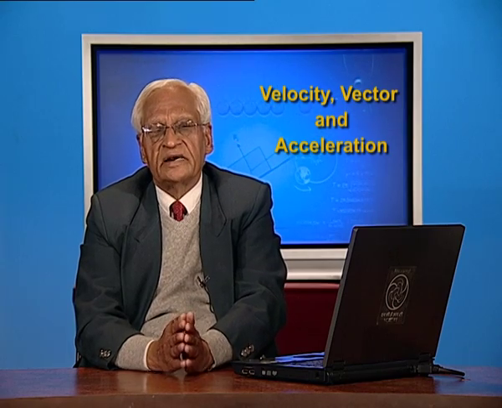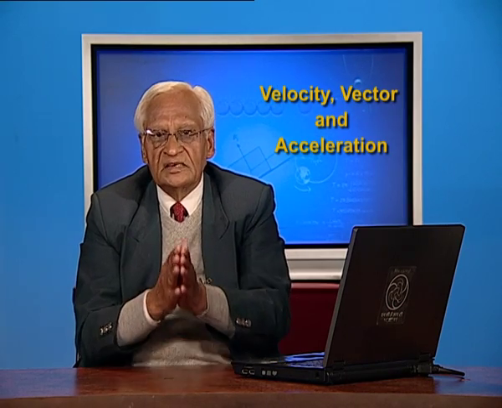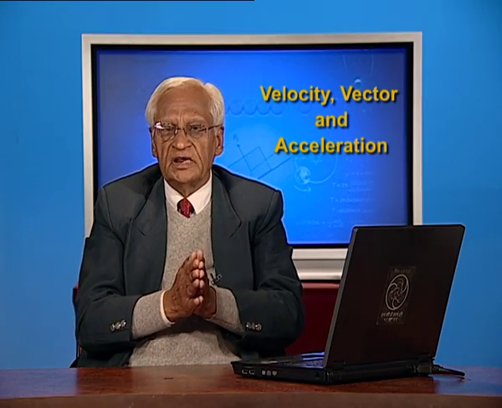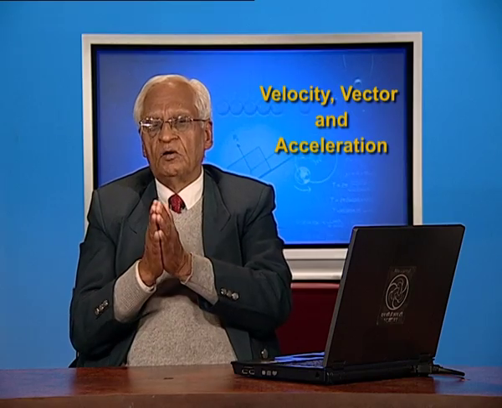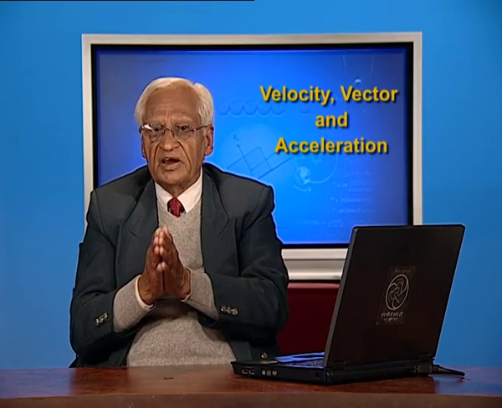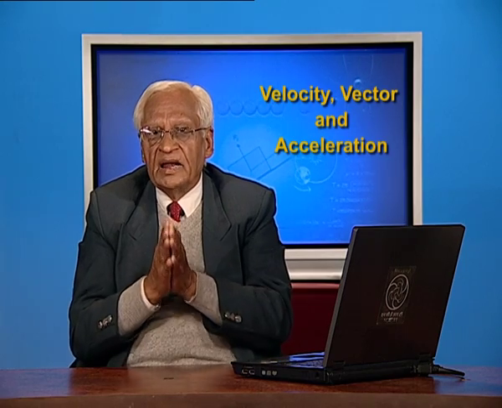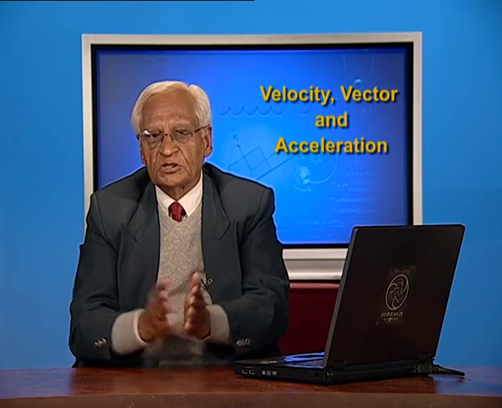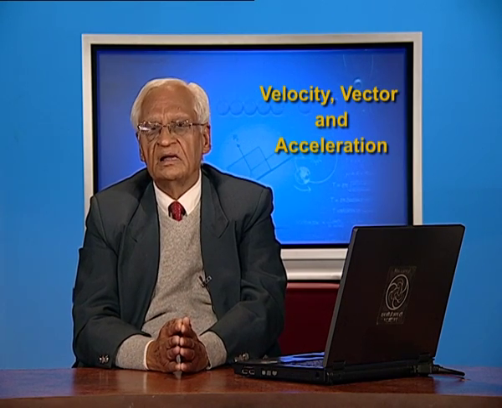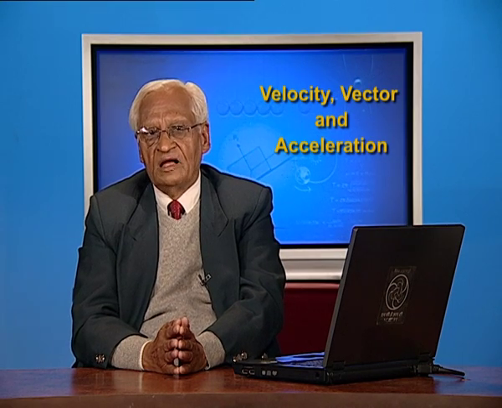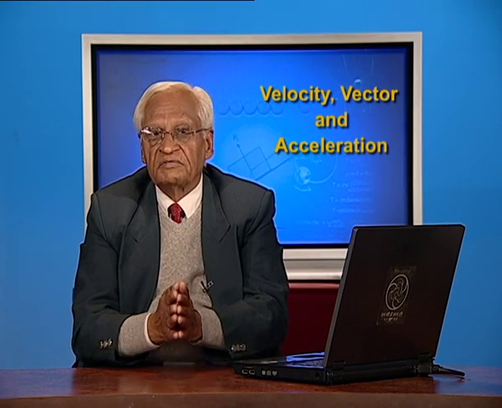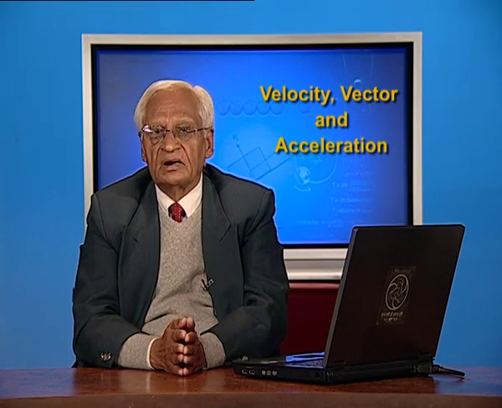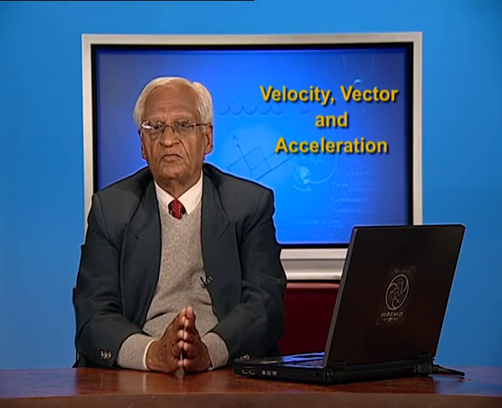We have so far learned that acceleration is due to either a change in the magnitude of velocity or a change in the direction of velocity, or both. These are very important things to remember, and an important acceleration is the acceleration due to gravity, which is approximately equal to 10 meters per second square near the surface of the earth. This is caused by the force of gravitation exerted by the earth on a body, and the important thing to remember is that it is always vertically downwards.